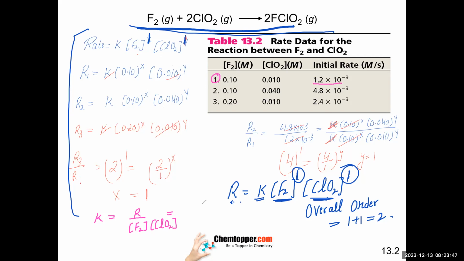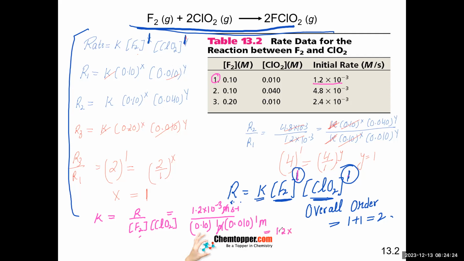Rate is this, 1.2 times 10 raised to minus 3. Plug in the units, molar per second. And F2, 0.10 raised to power 1. Order is 1, right? ClO2, 0.010 raised to power 1. Order is 1. This is molar. This is molar. What do you think? Molar, molar cancelled. And answer is